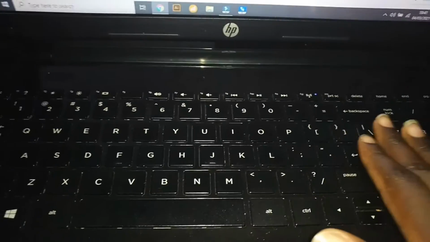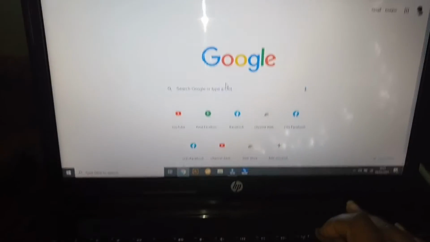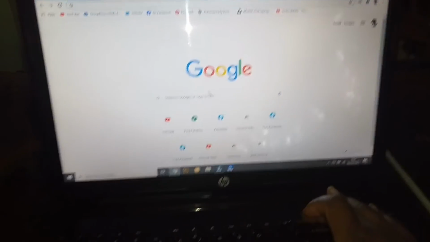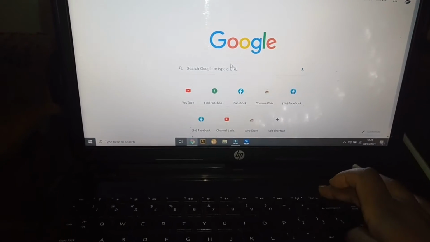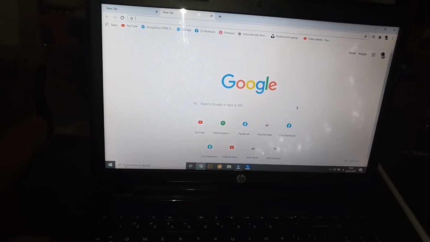And then on your laptop there is this key here written PrtScn, this one, PrtScn. Just hold on to it like this. Have you seen? You just do like this, and then you search here,